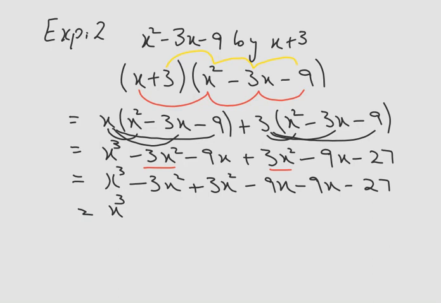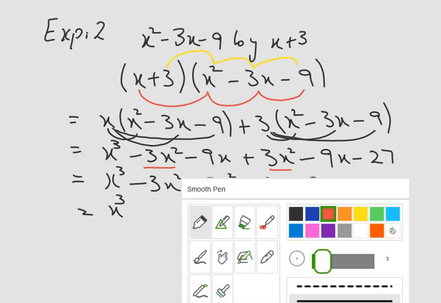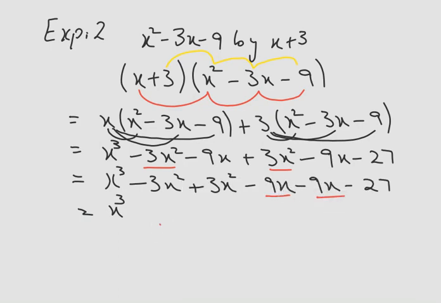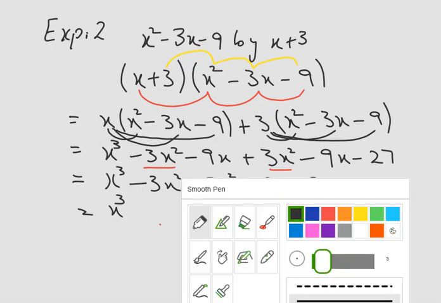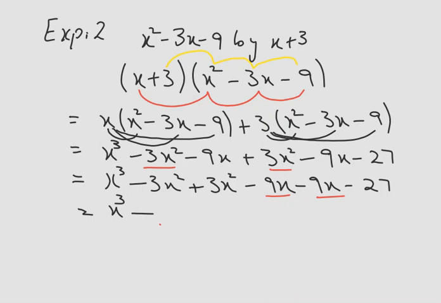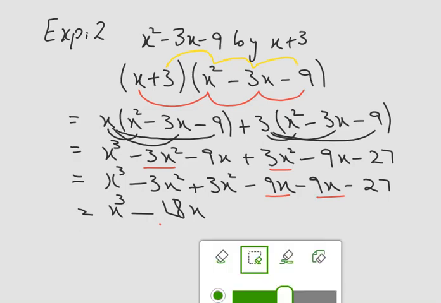Now minus 3x square and plus 3x square, they both cancel each other, because one value is positive and one is negative, so it becomes 0x square, so no need to write it. Now here both are minus 9x and minus 9x, both values are negative, so we will put the sign of minus, but it will be added, 9x and 9x will be added, so it will become 18x.